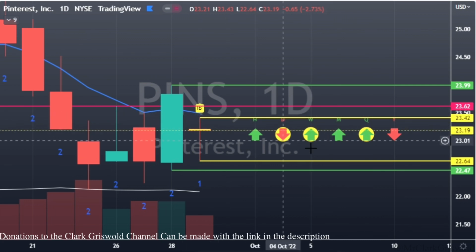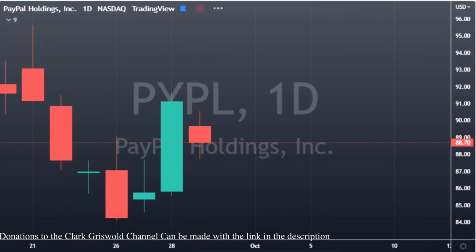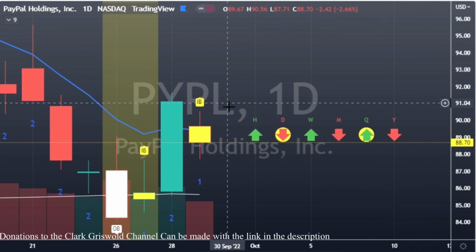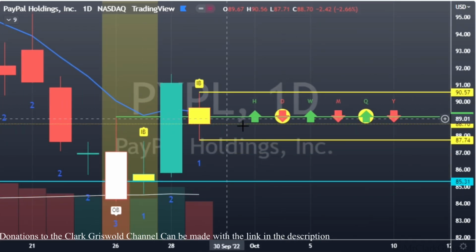So Pinterest, like I said, calls at 23.42 and puts at 22.64, and really good magnitude to both sides. So we'll see how Pinterest plays out. Move on to PayPal. PayPal's got a really tight inside bar, and we've got really, really good magnitude to the upside and the downside. This is one that I would look for in a top 5,